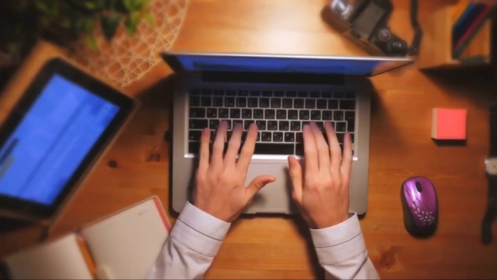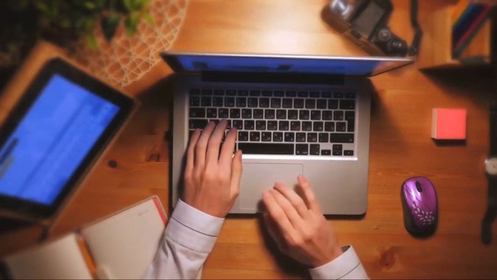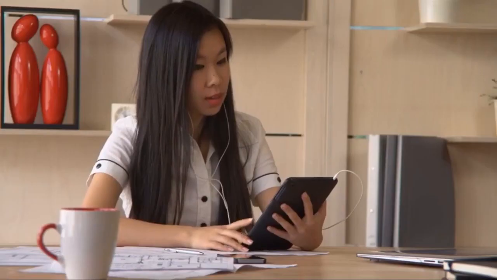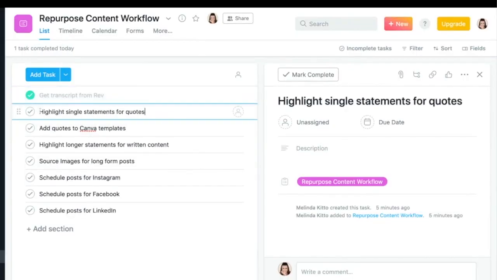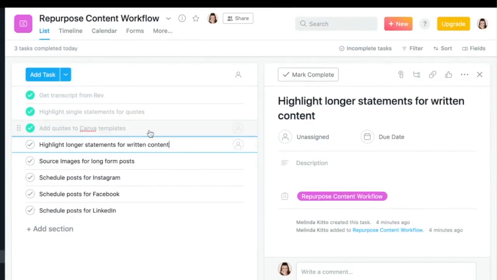Now, if you have a VA or someone on your team that can help you, this process becomes even easier because all you need to do is just highlight those quotes or those longer sections of text and then just hand it over for them to work their magic and schedule out that content. But if you're not quite there yet, don't stress. Most of us content creators start out doing this all by ourselves. But you can start to put some of these workflows in place now so that when you are ready to bring on a team member, you already have these systems in place and you can just hand them right on over.